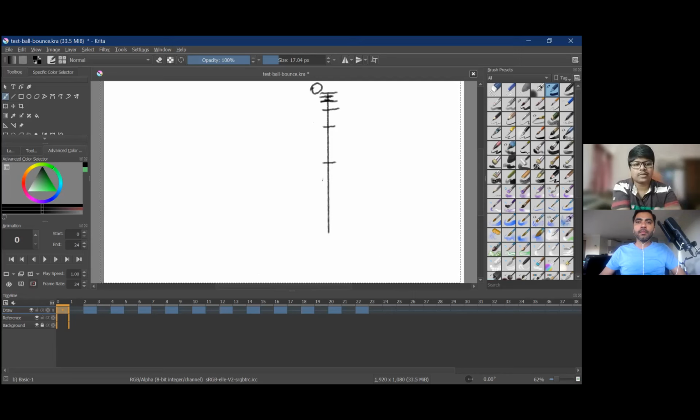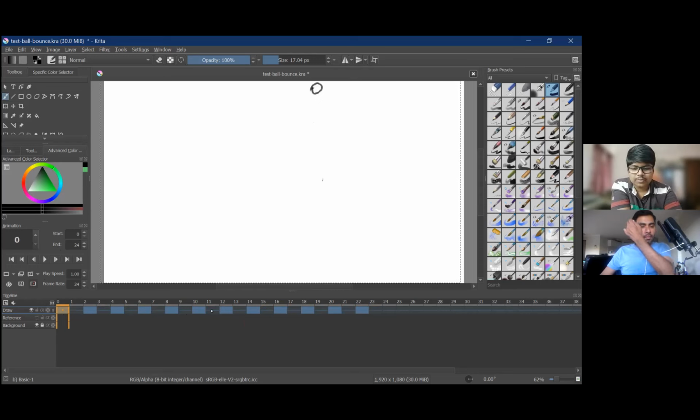So I can just play this for you, and I'll remove that reference part. When we play it, you can see that this ball is feeling somewhat realistic in terms of gravity, right? It is coming down slowly and then picking up speed, and then it starts to go back up, and once it reaches the top, it is slowing down. So you're able to see that effect. And how that works, I can show you each of the frames that are involved.